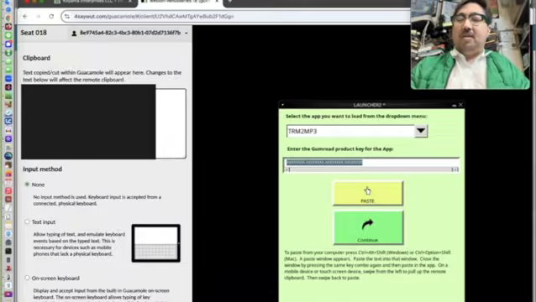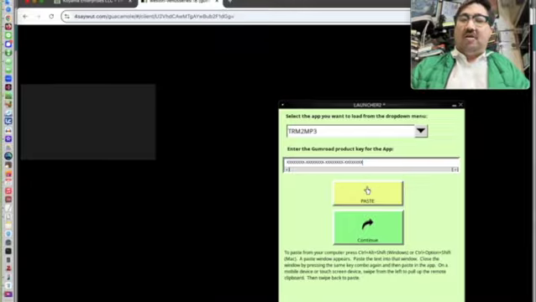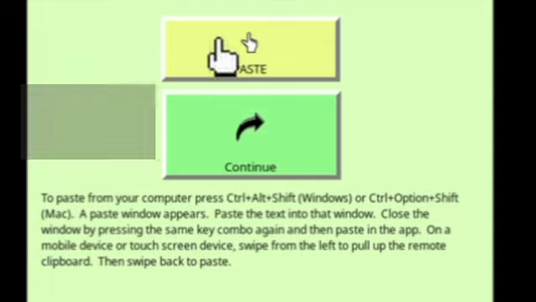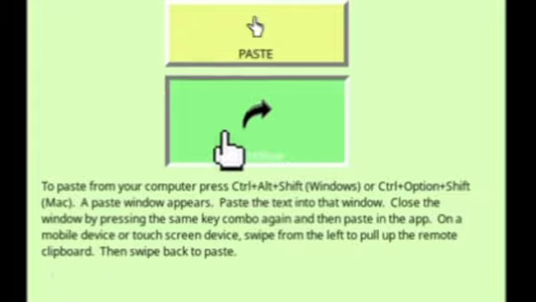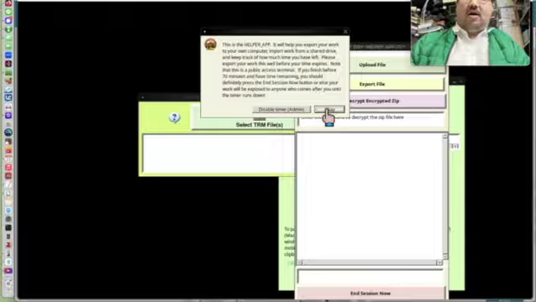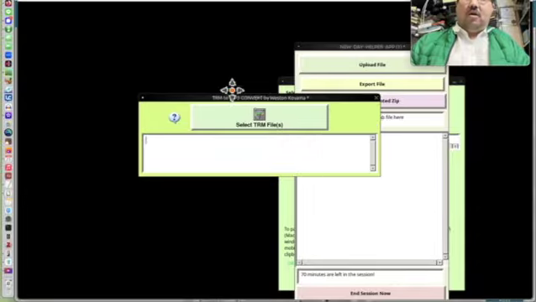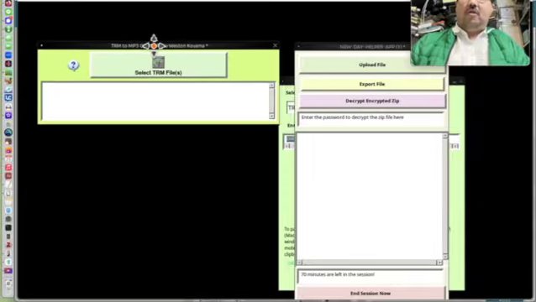So I'm going to paste the product key into the clipboard window, and then hit Control Option Shift again, and then I'm going to hit the paste button, and that puts the product key into the text field. Then I hit continue,